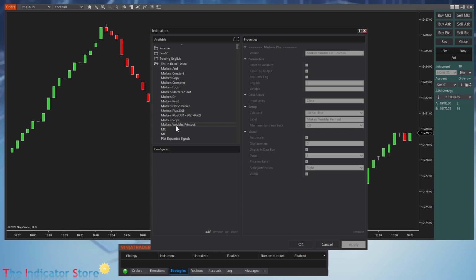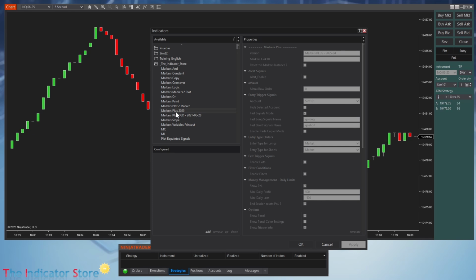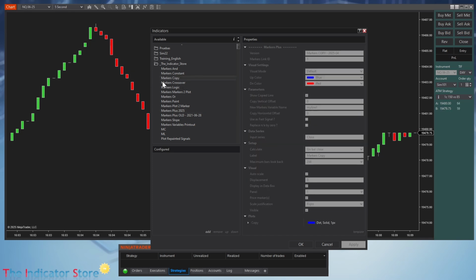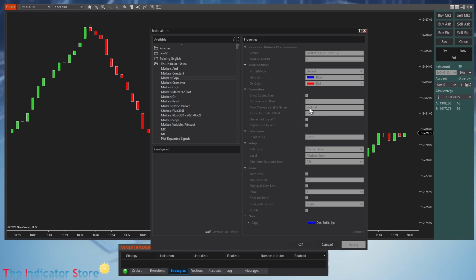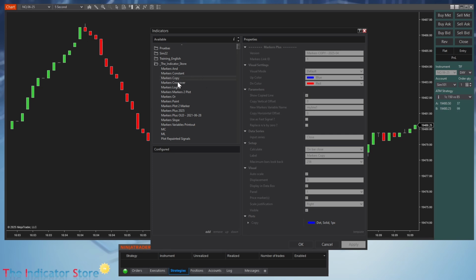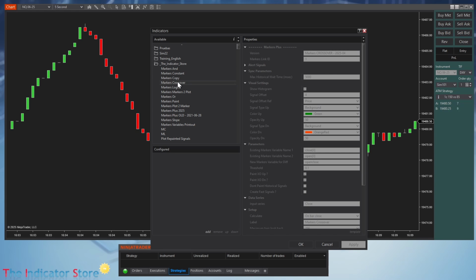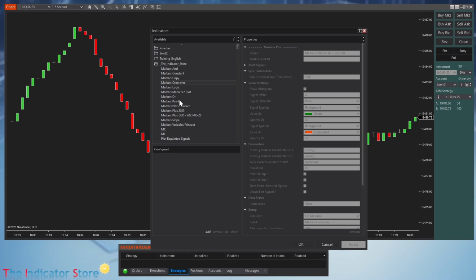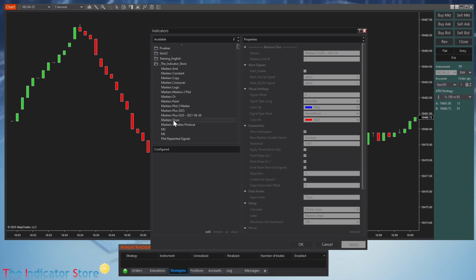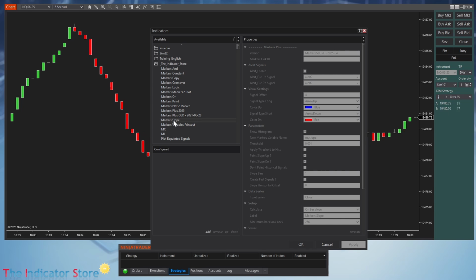As usual, I always comment the most important here is Marker Plus. The second most important is Markers Copy, because with Markers Copy we can copy the contents of a line of any indicator inside a variable. And then we have tools, like for example the crossover to detect when two lines cross each other, the slope to detect the slope and when the slope changes from positive to negative. But let's review